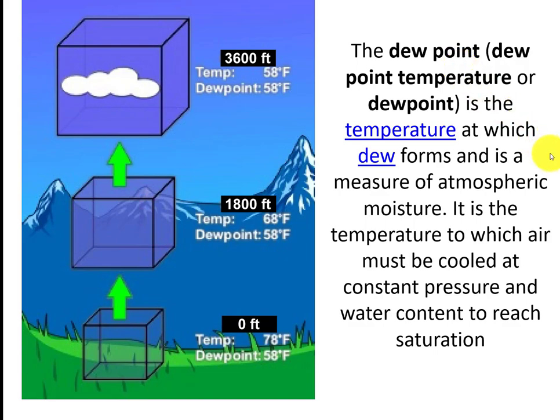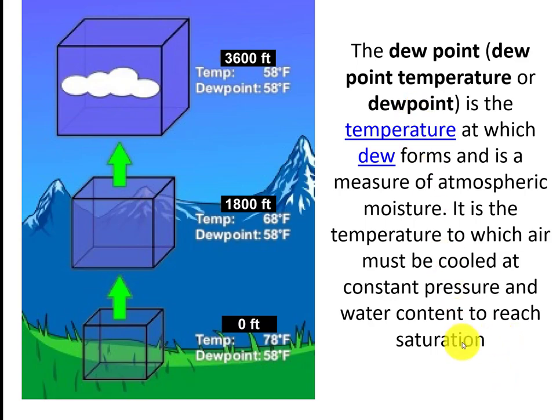It's the temperature at which dew forms and is a measure of atmospheric moisture. So dew forms at saturation. It is the temperature to which air must be cooled at constant pressure and water content to reach saturation. So if the pressure doesn't change and the water content doesn't change, when you get to the dew point temperature,